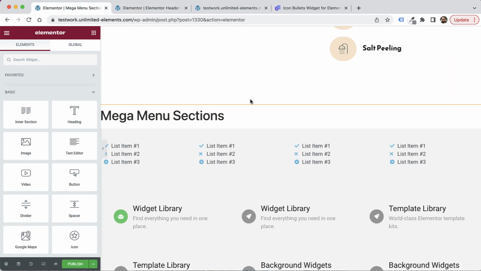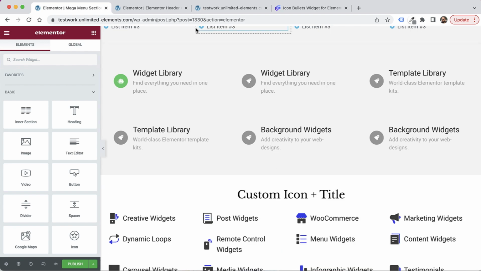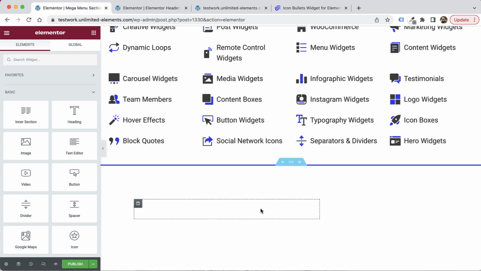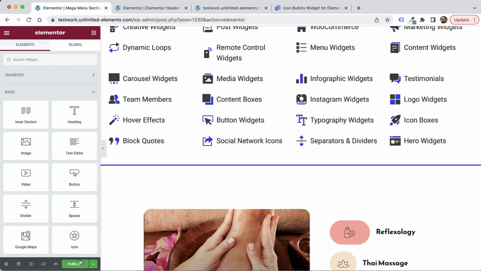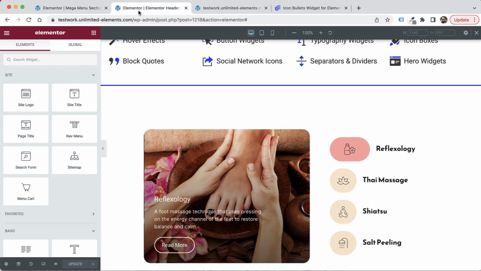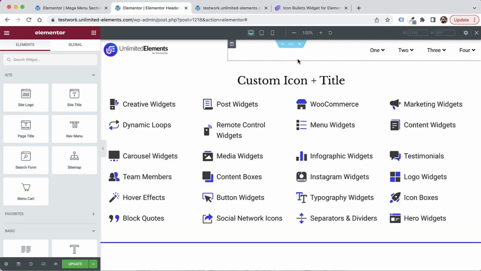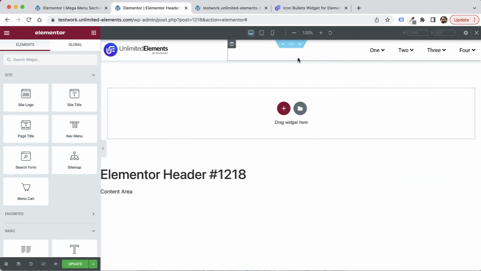Copy, paste, last one, copy, and paste. So we've moved all our sections. I'm gonna publish this. Awesome. Let's jump back inside, delete these sections from here, from our header, save the header,